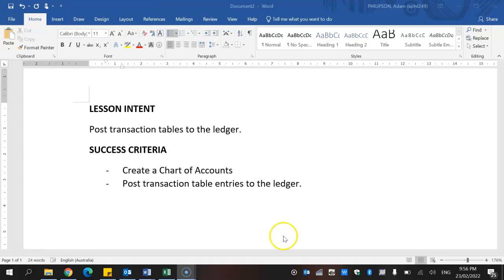So today what we're hoping to do is post transaction tables to the ledger. We'll do that by creating a chart of accounts firstly, and then we will get on to posting each transaction from the transaction table to the ledger. So first things first, I would like you to